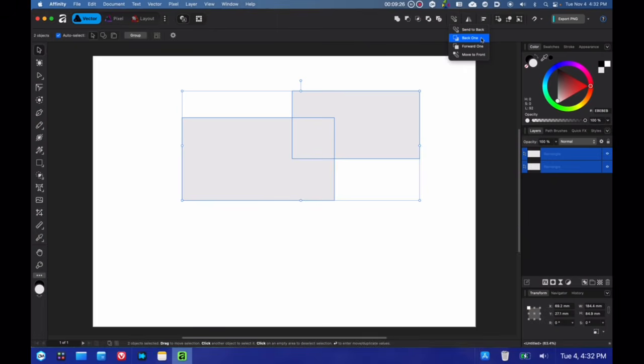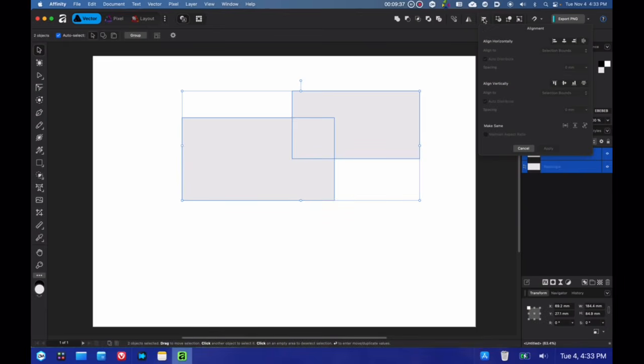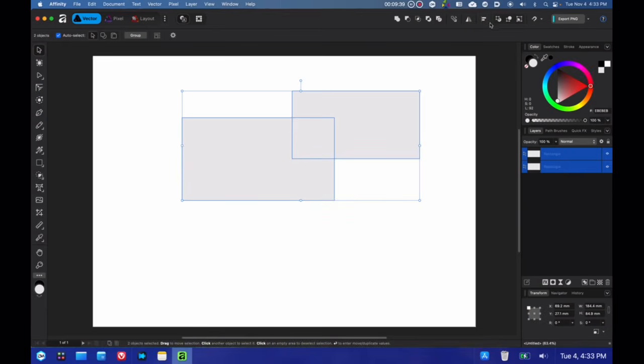So send to back, send back one, forward one, move to front. Your rotating options, well, transform rather, alignment. And now this is when you're inserting a new object, whether you're pasting or drawing an object.